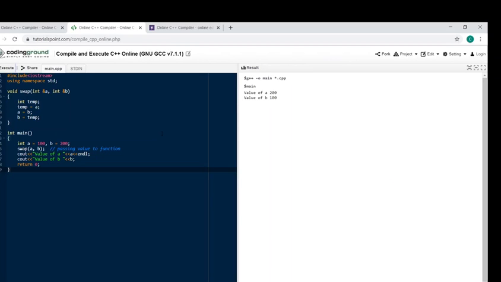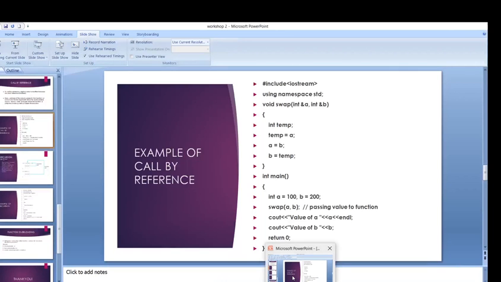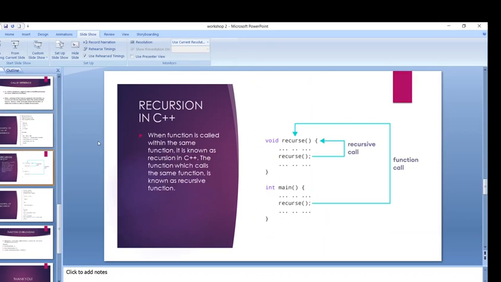See, in this case, we specified our value of A as 100 and B as 200. But in the output, we get the value of A as 200 and value of B as 100. So that means our values got swapped. This is the difference between call by value and call by reference. In call by reference, our value gets modified because we pass the address, whereas in call by value, the value remains the same. Let us move ahead to the new topic,